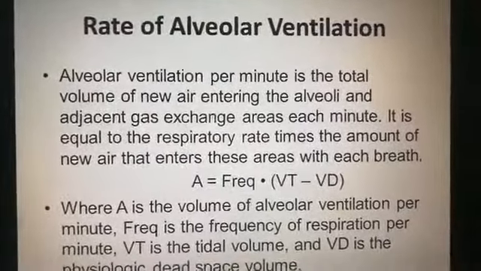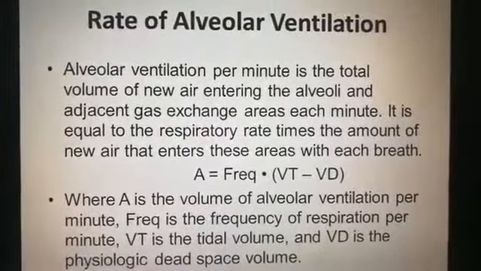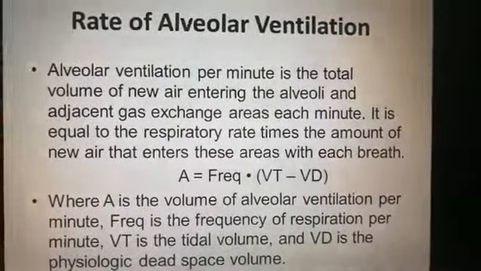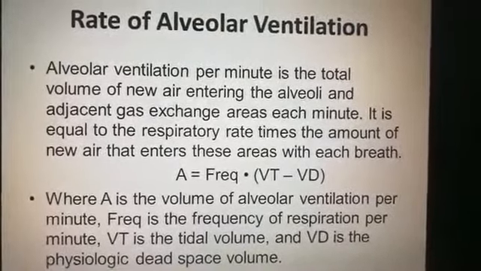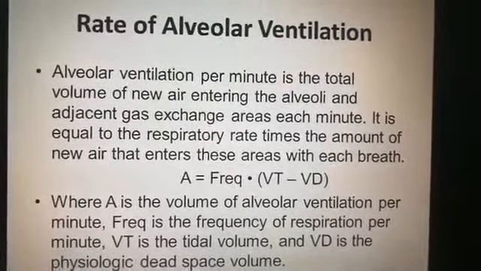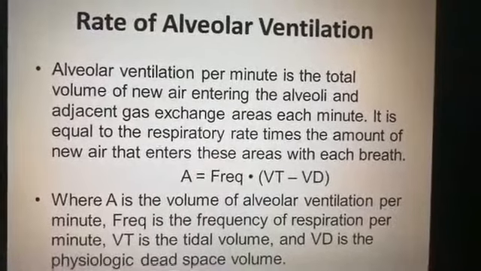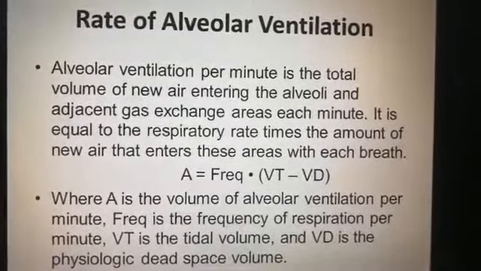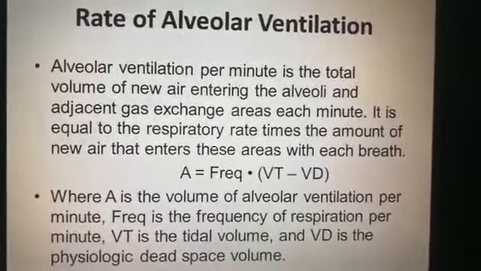Alveolar ventilation per minute is the total volume of new air entering the alveoli and adjacent gas exchange areas each minute. It is equal to the respiratory rate times the amount of new air that enters these areas with each breath. So it is the total volume of new air entering the alveoli and adjacent gaseous exchange areas each minute. So the equation is A is equal to frequency into